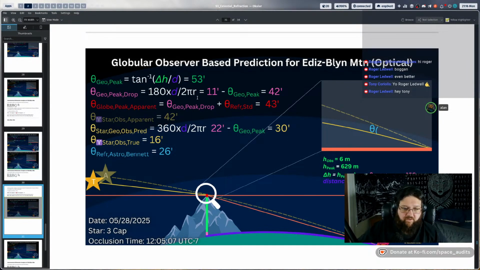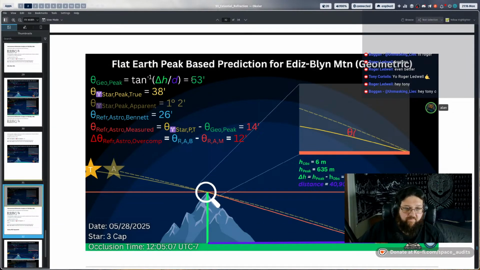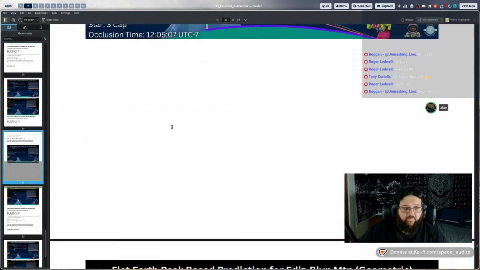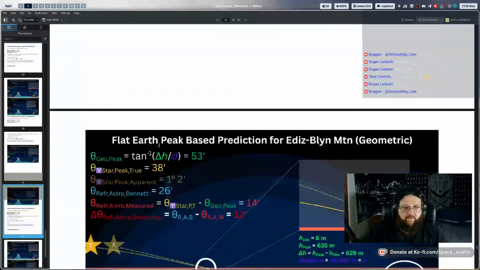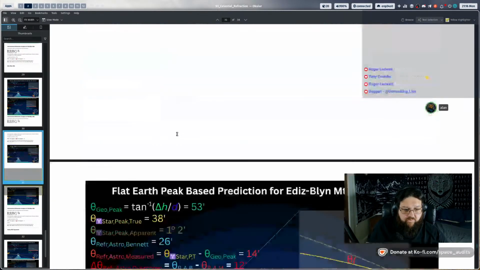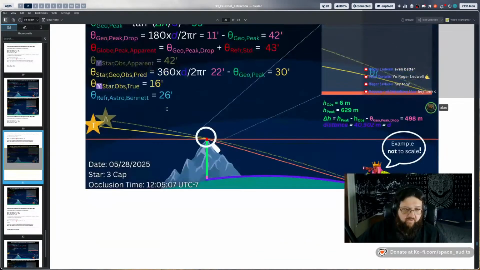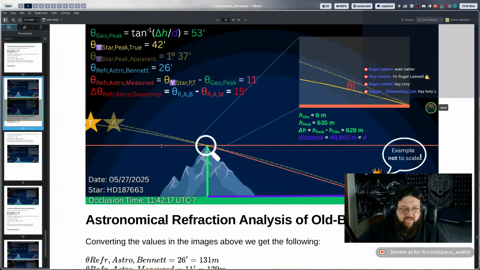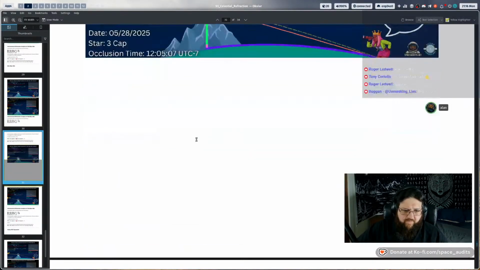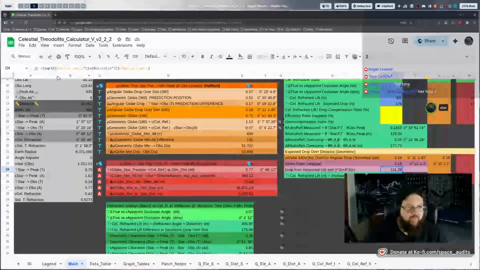So as we continue on here, we have Blend Peak again, 53 meters. The true position being, actually, one second. Yep. Okay, so for the second one, this is the 3-cap star. So 53 arc minutes for the elevation prediction, no change there. 52 arc minutes for the globe. The occlusion time was 38 now with respect to the peak, because of the lower elevation location, which was used to be at 240, or to be at 42 there. So what that comes out to be is, I made the same mistake in copying it again. Oops, one second, lads.